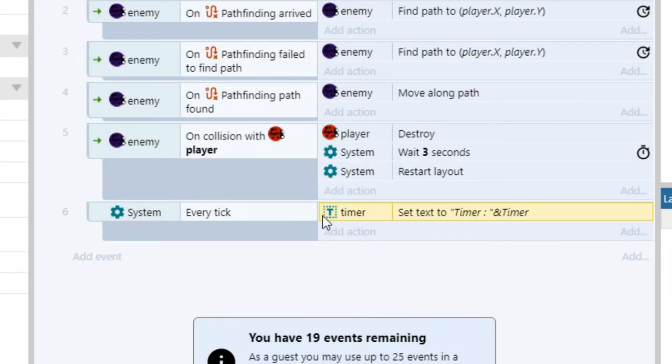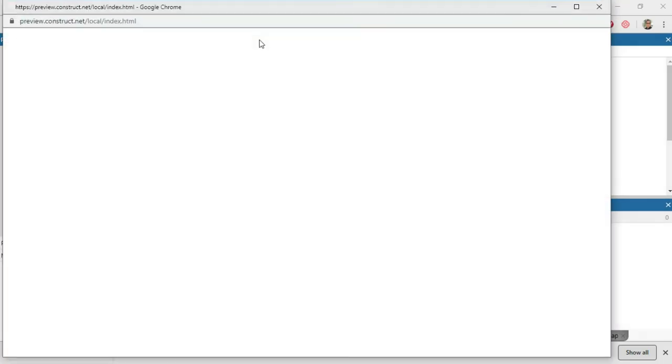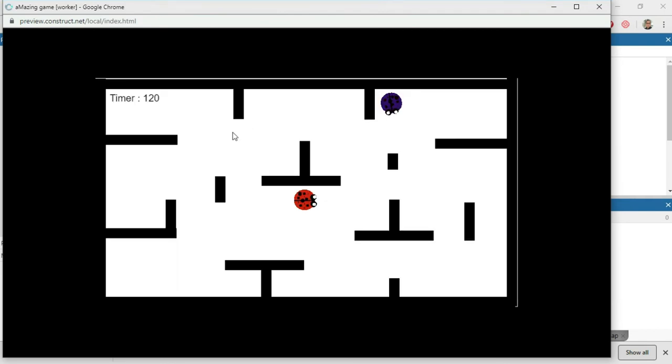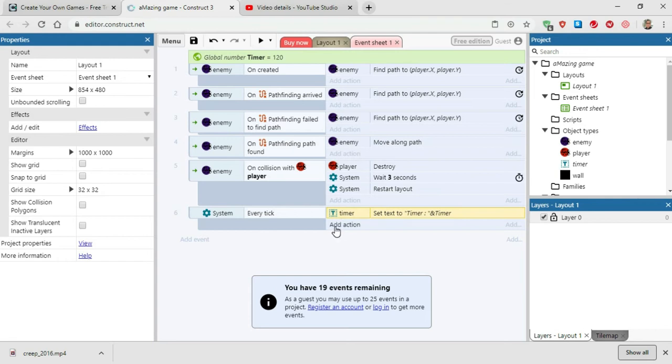So what it says is that when timer appears on the screen, it will name it as timer. But at this point, when you click on preview, you will have the name timer over here and the number, but it doesn't do a countdown. So we are going to add one more line. Let's just close this. So what we need to do is system,